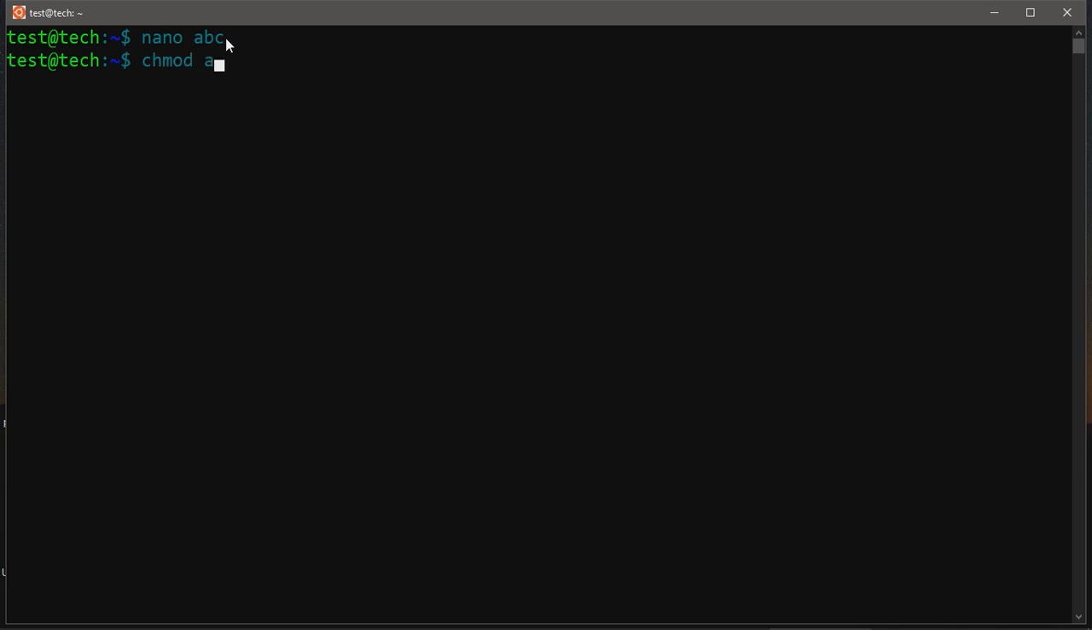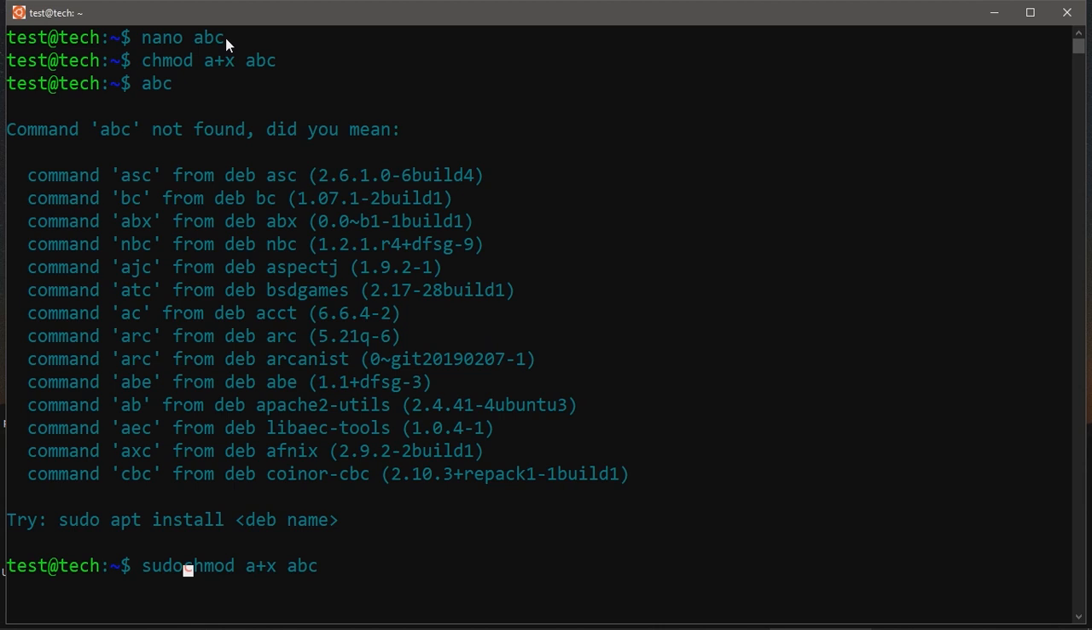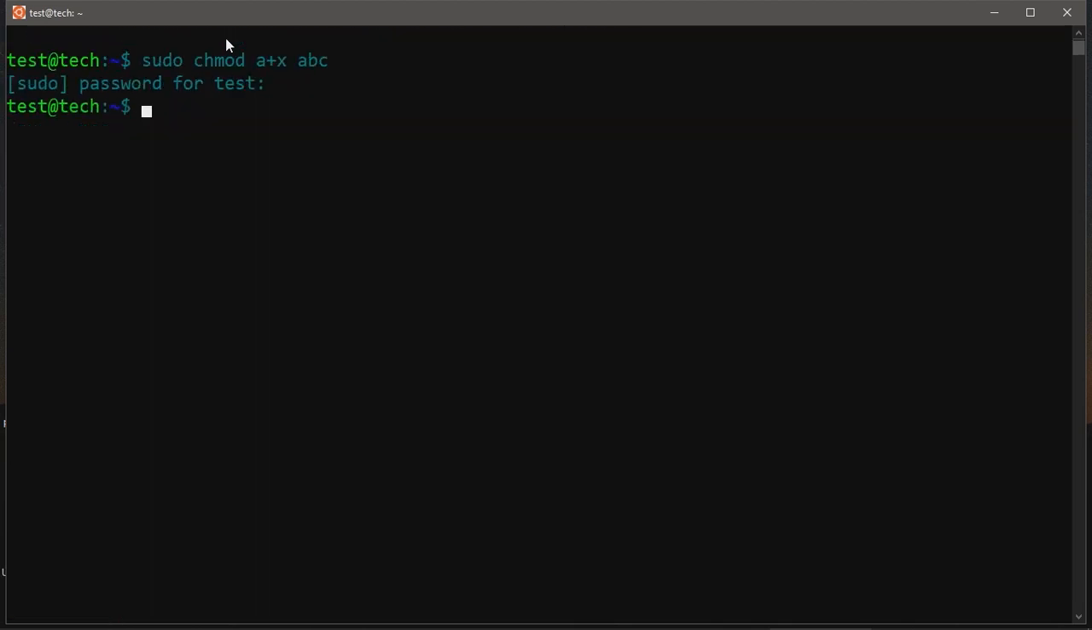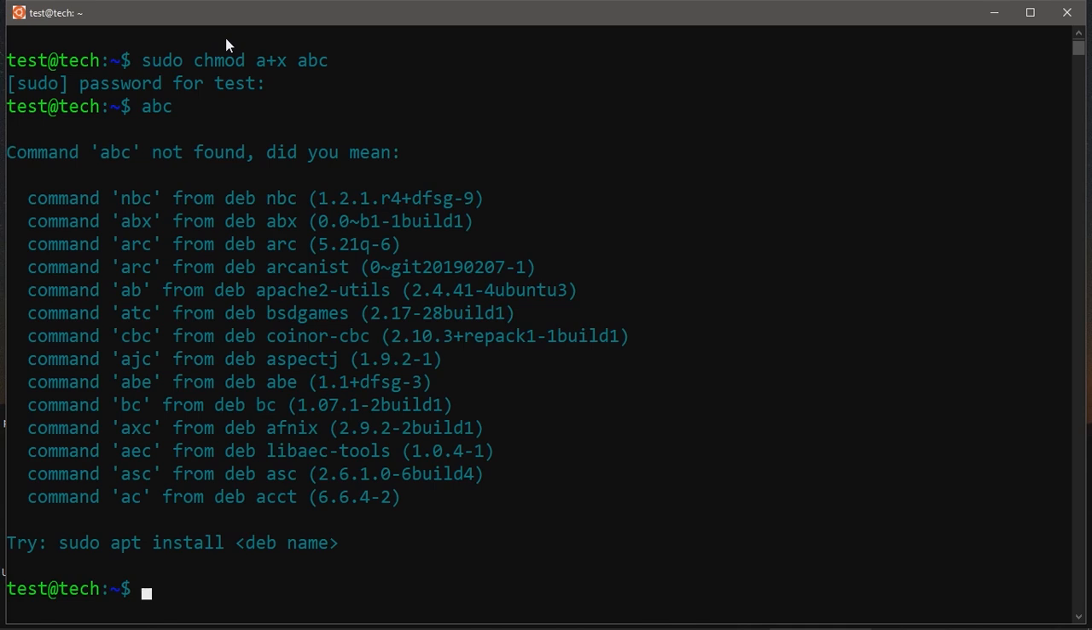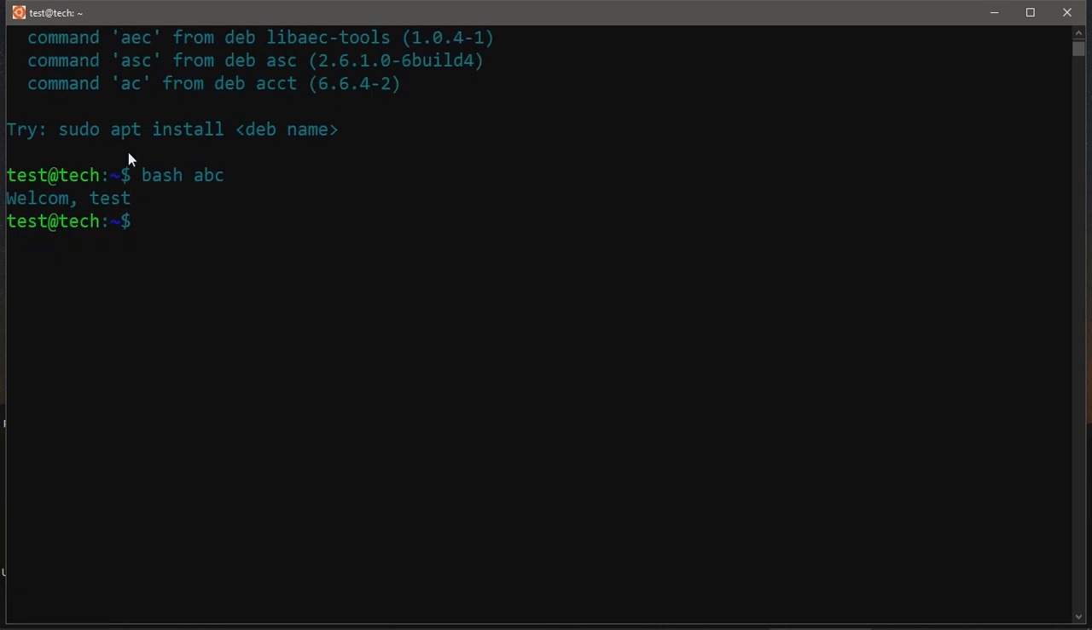We need to give this file executable permissions with chmod. For all the users we give executable permission with x, for this file, right? And then let's execute abc. Let's use the command sudo with chmod a+x abc, and it will ask for our password. We can give our sudo password, and then let's try abc again, and you can see it's not working because there's no such command, right? But if you use bash and abc, you can see it is outputting our